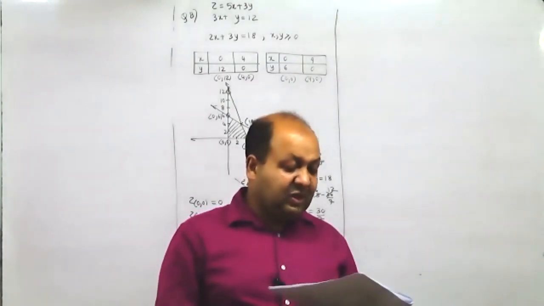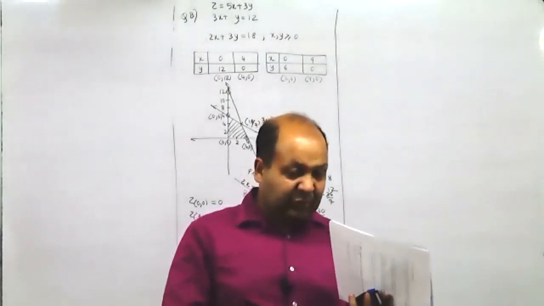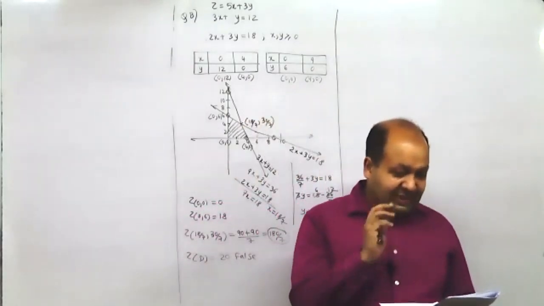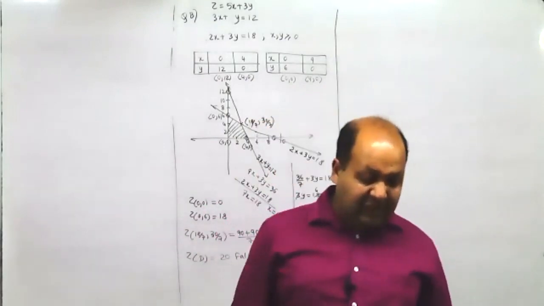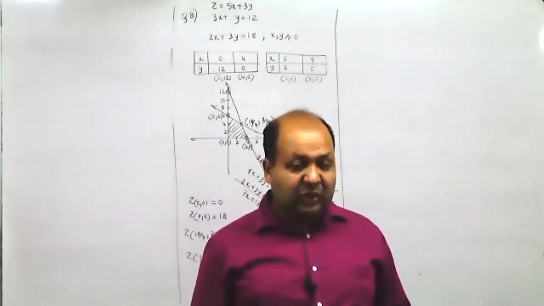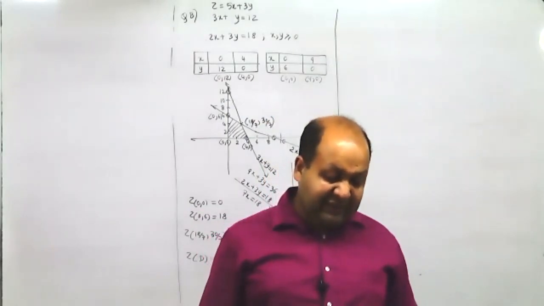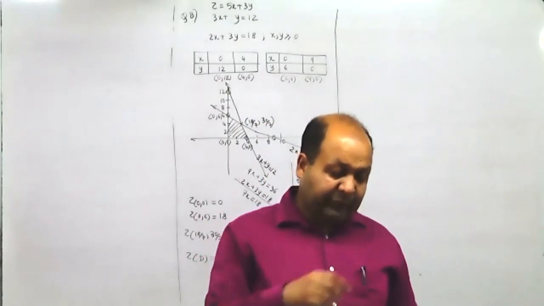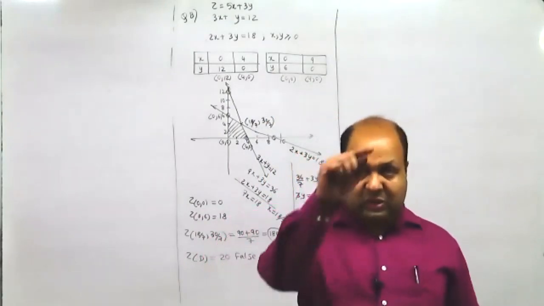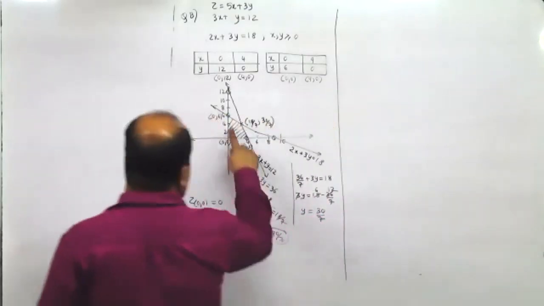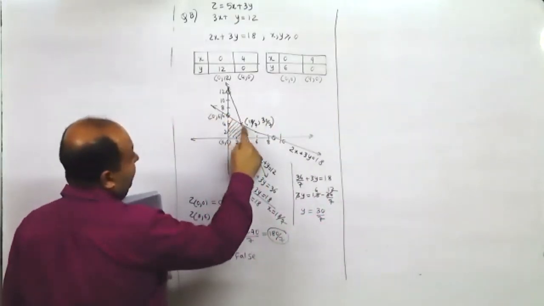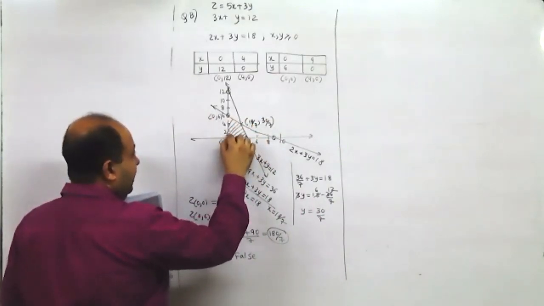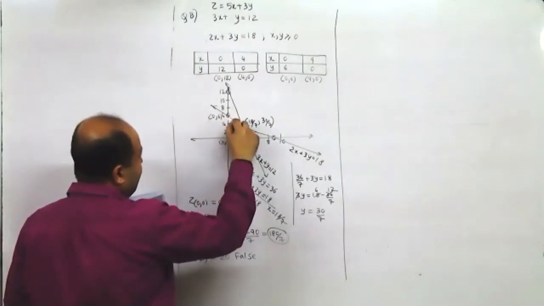A convex set includes the points but not the segment joining the points. Actually it includes the points as well as the segment, but we consider only the points. So what answer have they given there? True or false? True. Yes. If we are forming this set, it is a convex set, bounded. So we are considering only the points here, but it actually is considering all the points on the segment.